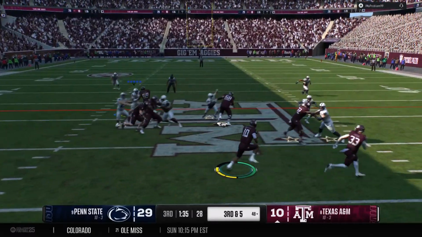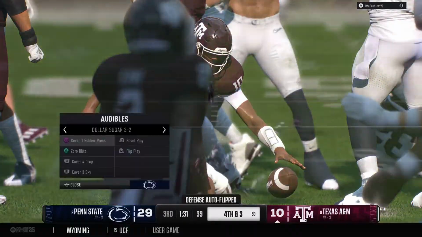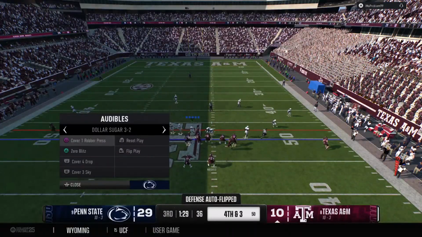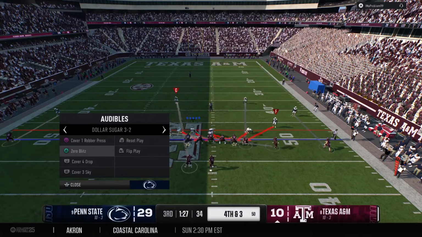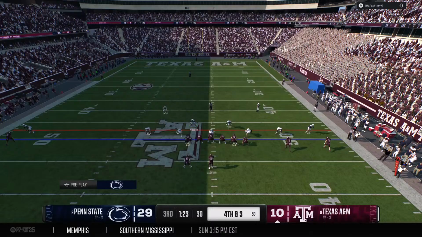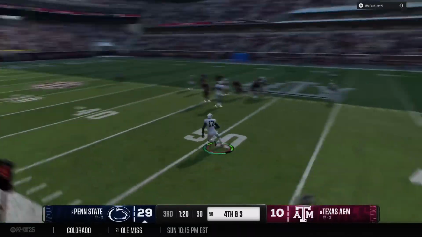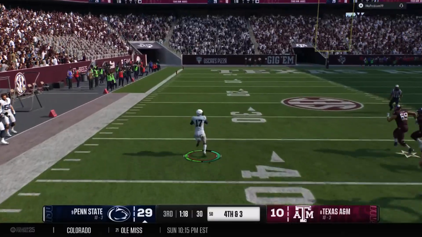We'll try to run it with the option. Fighting for yardage, but the defense stops him just short of that first down marker. Crucial play. Down double digits in the second half. They're going to go for it on fourth down. There's the snap. They'll set up to throw. And he throws his third interception of the day.